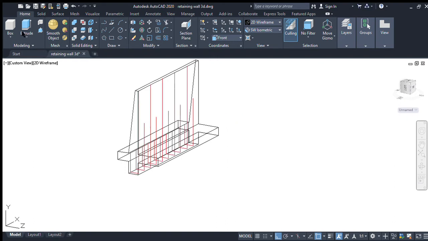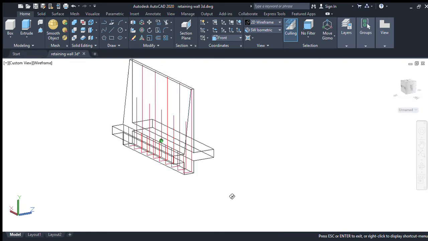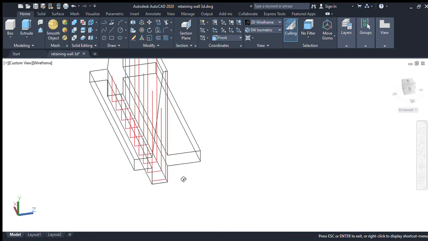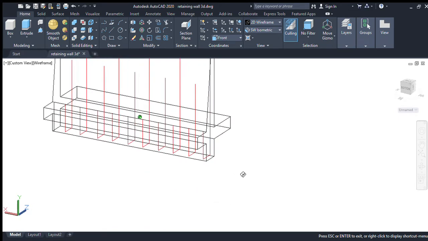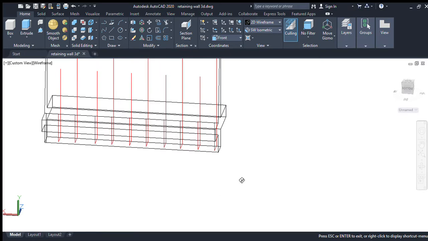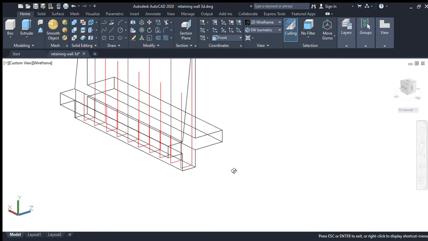This is the main reinforcement, to be curtailed at h by 2 distance from the top of the stem. This is the main reinforcement. The center to center distance between this reinforcement is 240 mm. Next to be provided